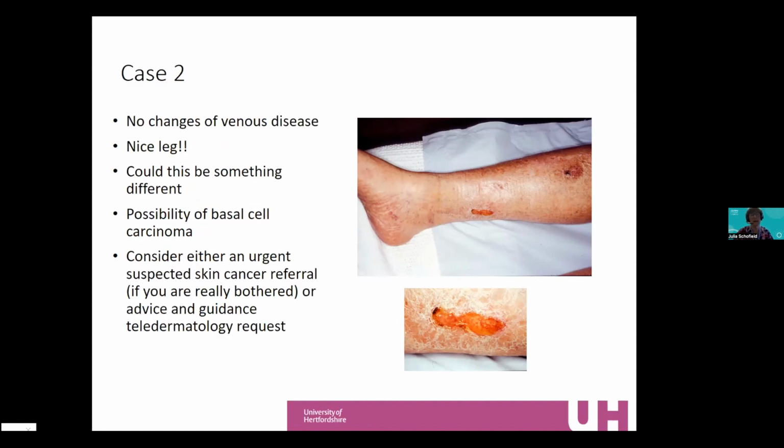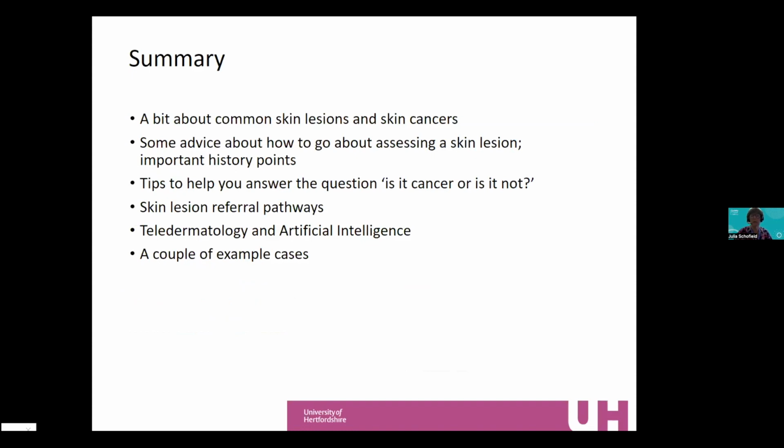So basically, there's no changes of venous disease. I think the history suggested basal cell carcinoma. If you're really bothered, you could send that on an urgent skin cancer pathway, or you could request an advice and guidance teledermatology request. So in summary, I've given you a whistle-stop tour about some common skin lesions and skin